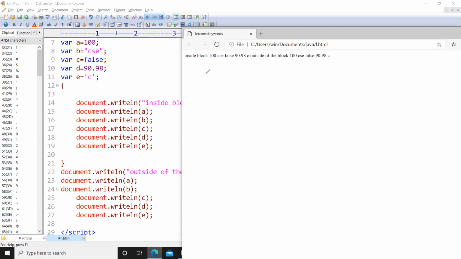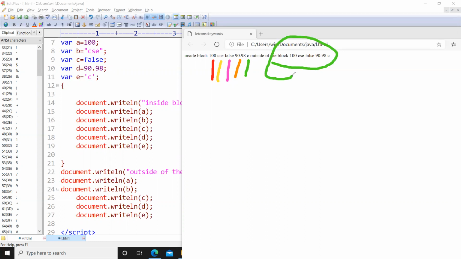So if you observe the output, we got the value of A as 100, the value of B as CSC, the value of C as false, the value of D as 90.98, and the value of E as C. I represented those things with different colors, and the same thing happened for the outside block also.